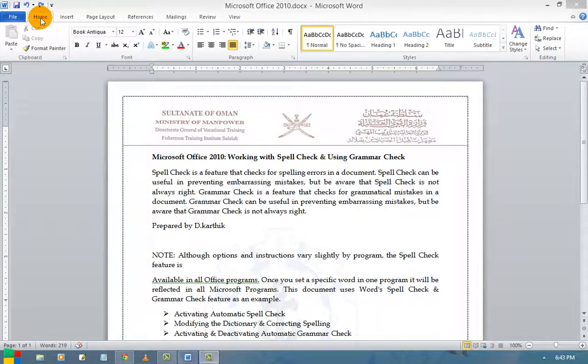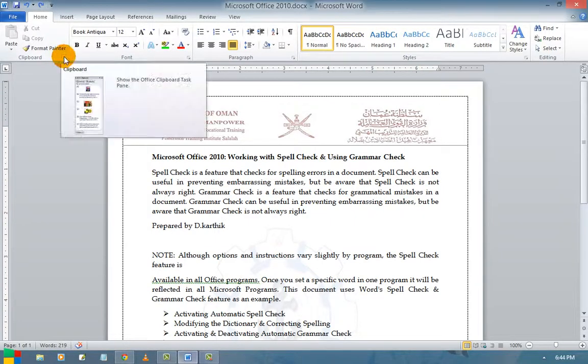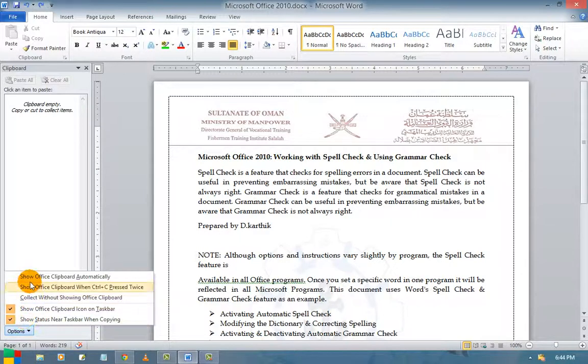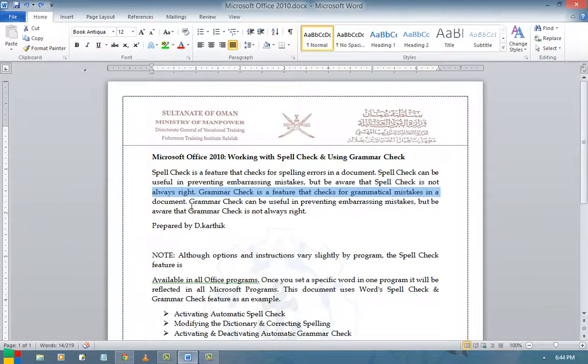So go to the Home tab. In the Home tab, you can find the group called Clipboard. In Clipboard, you can find cut, copy, paste, and format painter. These are the options we are going to discuss right now. Again, I repeat, inside the Home tab, cut, copy, and format painter, and this one is called paste, and it's a dialog box launcher. This is called the clipboard. So paste all or clear all, and here we'll have options. These are the options we are going to see right now.